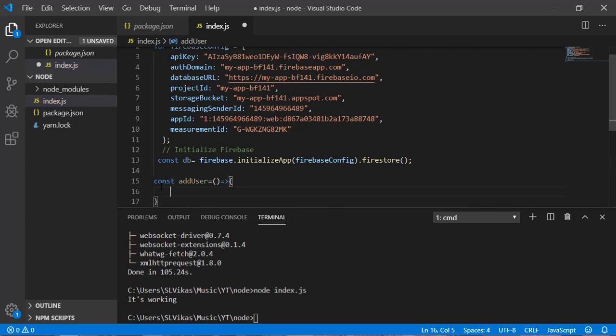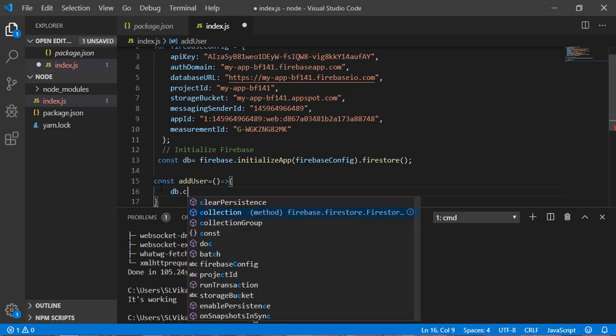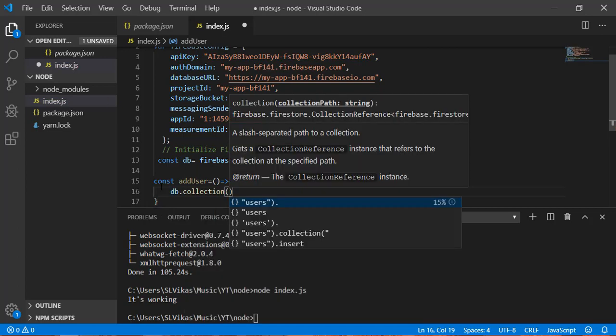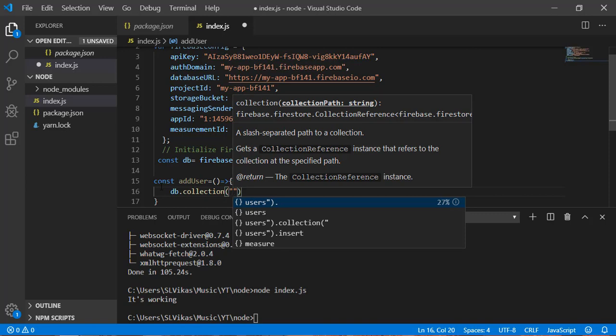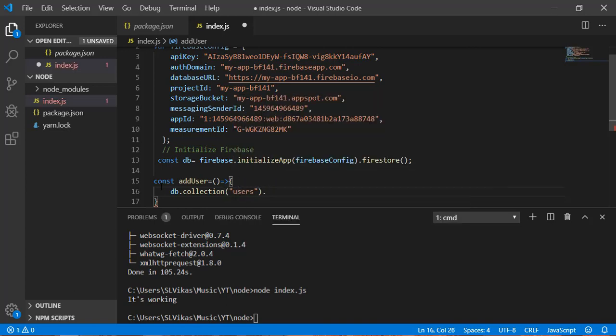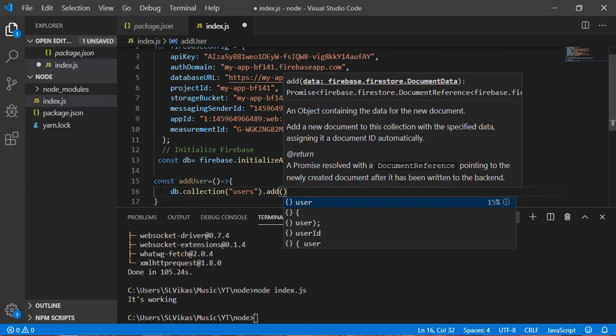As of now we will hardcode all the values and we will check whether it's getting inserted or not. So db.collection, and this collection is going to take a string value that can be your table name or bucket. Here you can provide users and dot add, and here we need to pass an object.